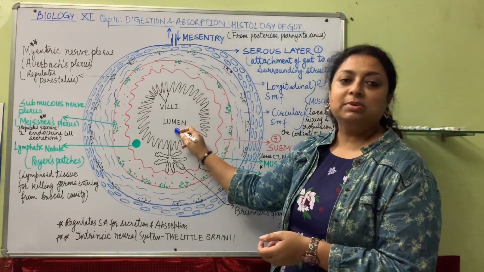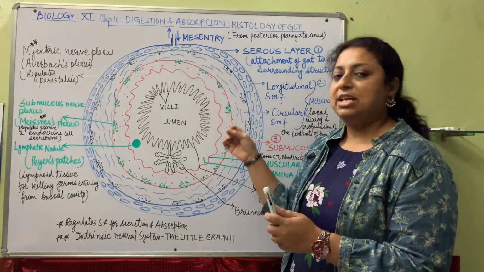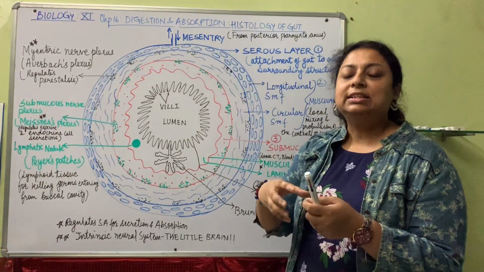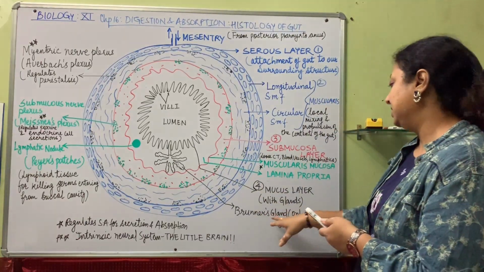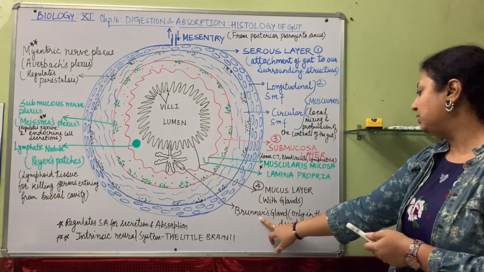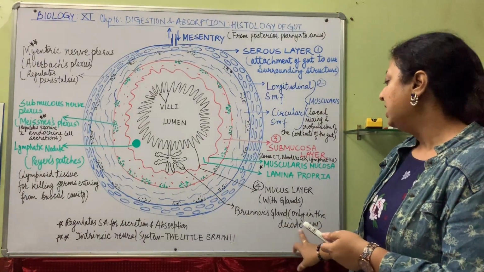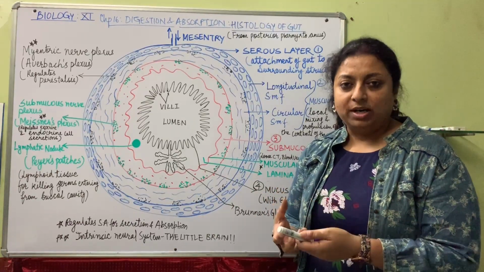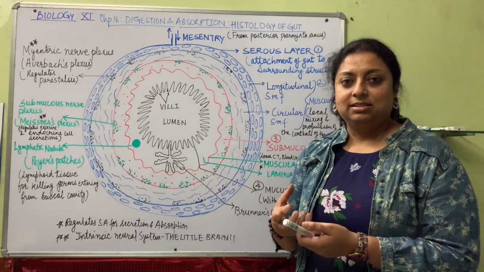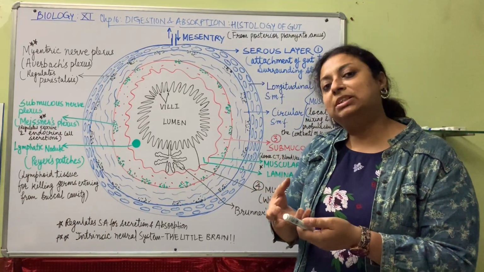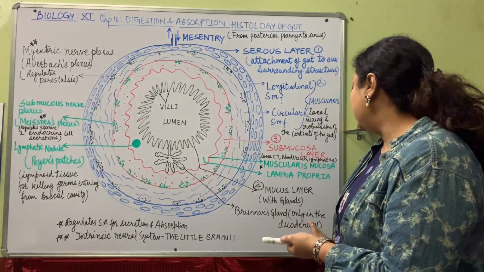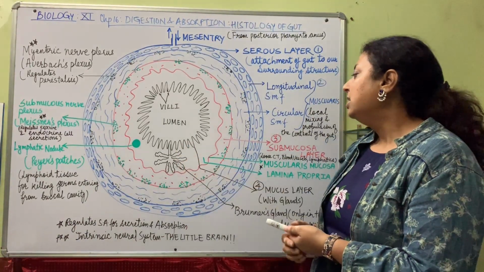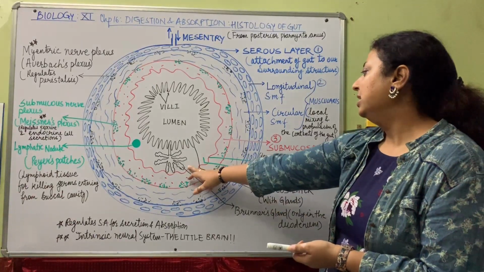At the center is the lumen of the gut wall, which runs from mouth to anus. It is a continuous pipe, the complete digestive tract, and this is the lumen where all the digestion activities take place. Then we can see Brunner's gland, which is only in the duodenum. This Brunner's gland produces a serous fluid, a simple alkaline watery fluid, to neutralize the acidic environment of the food coming from the stomach. So we have specially designed it and shown it here.